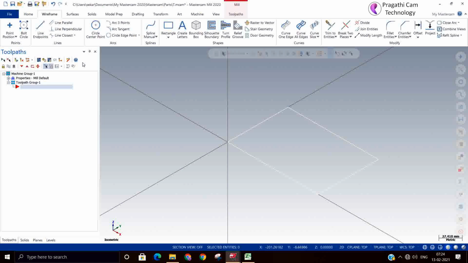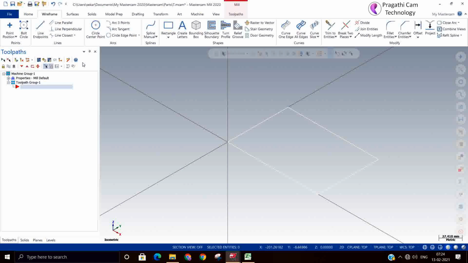This is how it works. At any moment of time, two axes will work. It may be XZ or XY or YZ. So it is called two-and-a-half axis machining.